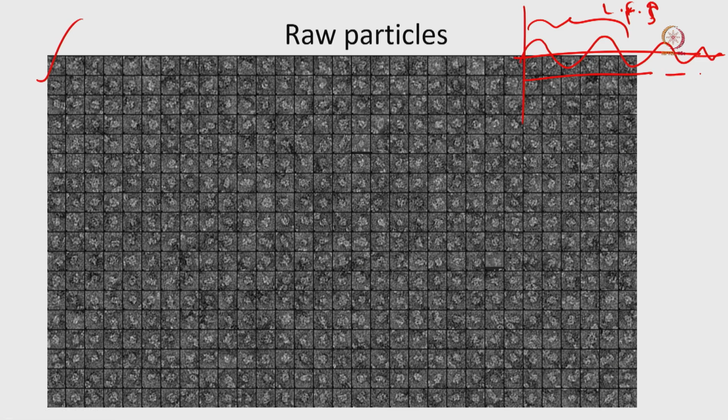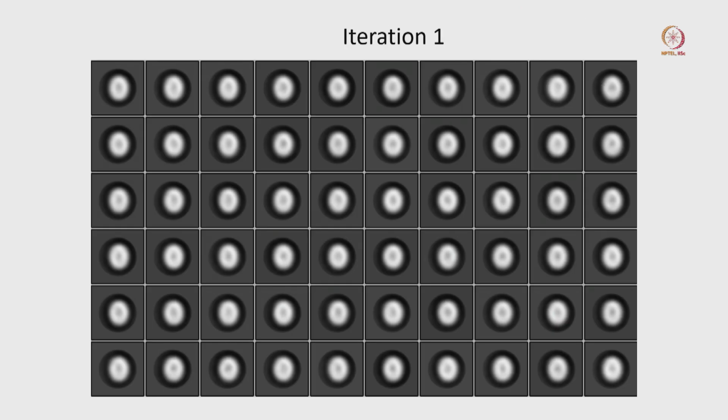Then we will attend to the high frequency signal when our particles are almost aligned, and then we will think about that. So if we come to the first iteration, we are trying to segregate our last slide's particles. As I mentioned, with the low frequency signal, initially it will try to align and you will get this kind of spherical ball. So at low frequency everything looks like a globular shape, and there is not much you can do.